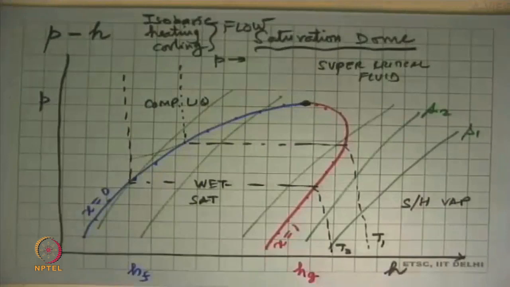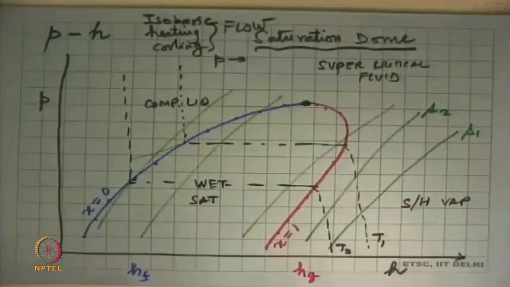That's an important assumption we'll make in this course, that wherever we are going to look at a flow system and we look at either condensation or heating or cooling, we say that it is isobaric, which is an approximation to the extent that we are neglecting pressure drop in the pipe. Pressure drop is what one would have learned in a fluid mechanics course, the same thing. It's a good first assumption. When you start doing real systems, then of course you will start worrying about pressure drops, but they can also be shown on this diagram.